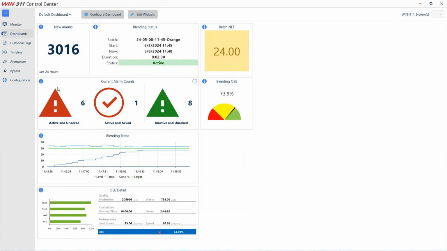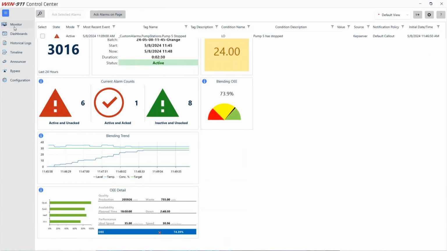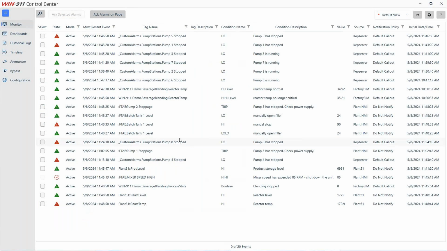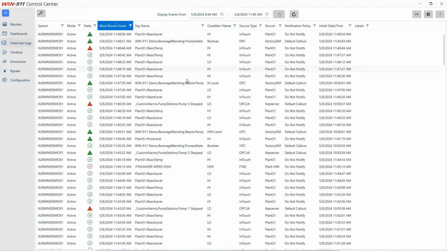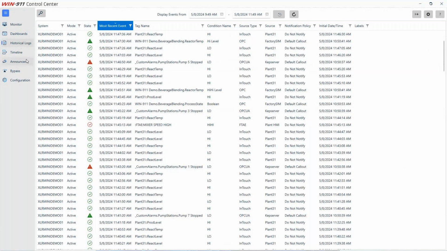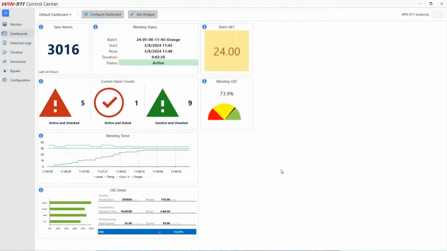So we can see in this tool live alarms. These are the same alarms that we saw on the mobile app a moment ago. We can view and acknowledge these alarms just like we can do on the phone. We can look at historical logs of alarms. We can see a history of what's been happening. We can also look at dashboards. And this is probably the most